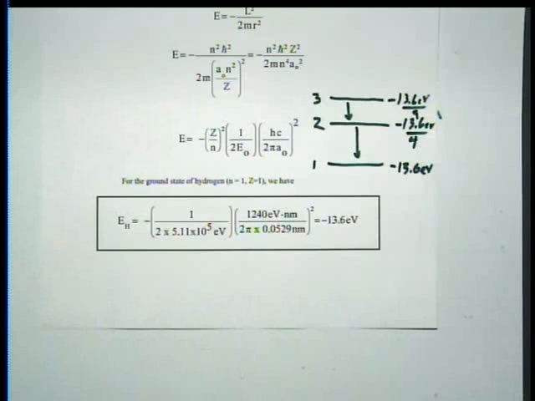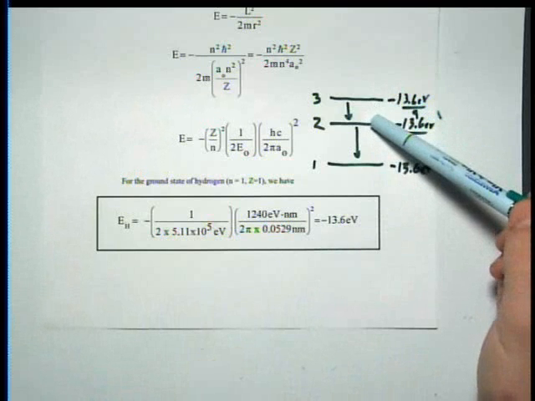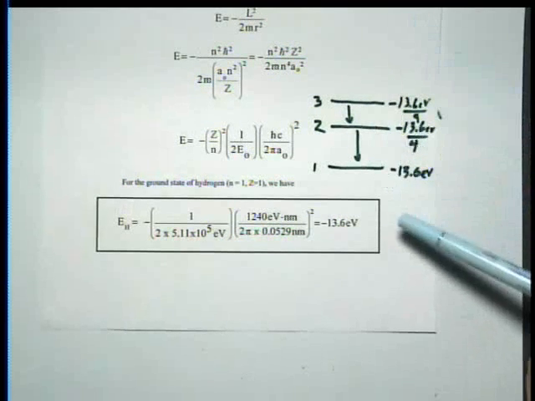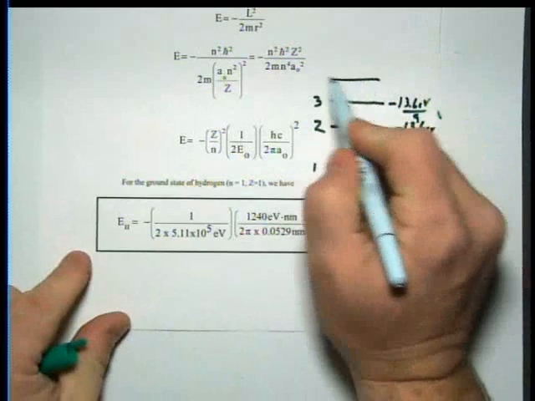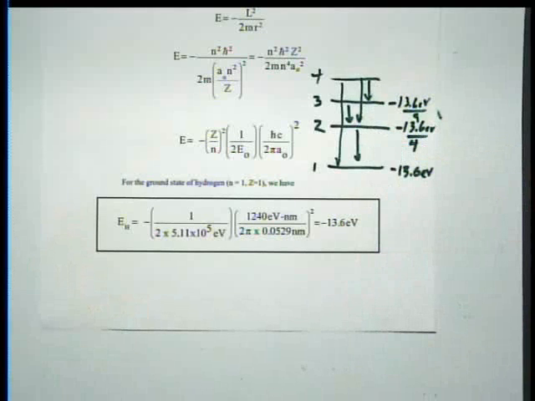Now the Bohr model is wrong because it predicts lots of other things. It predicts angular momentum, and they're wrong. Furthermore, if I'm looking at this model, I would say it can make this jump, and it can make that jump, and it can make any jump up here. I could have another level up here at 4, and it could go like this, or like that, and so forth. It doesn't say which one should be more likely. It doesn't say which one should be brighter. It doesn't tell me that some of them don't occur. These are facts that quantum mechanics explains. So the Bohr model does not explain a lot of stuff that modern quantum mechanics does.